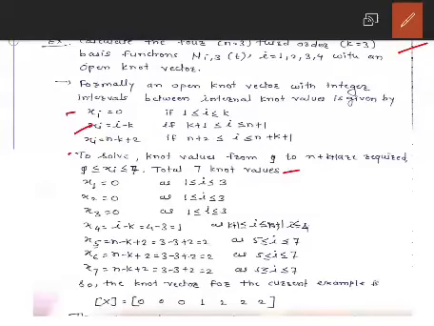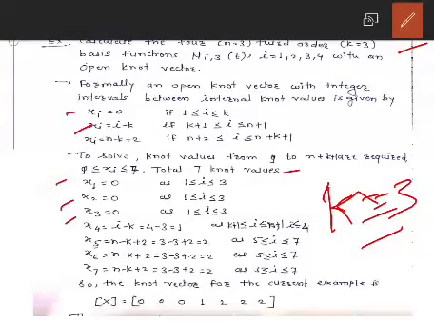Now these 7 knot vectors, we start with x1. Now x1 means i is equal to 1. So what is the value of k? k is equal to 3. k is equal to 3 means i is less than k, and therefore x1 is equal to 0. Now we consider x2 means i is equal to 2, which is less than 3. So x2 is equal to 0. x3, i is equal to 3, which is less than or equal to 3. So it is equal to 0. Now the next one, x4.